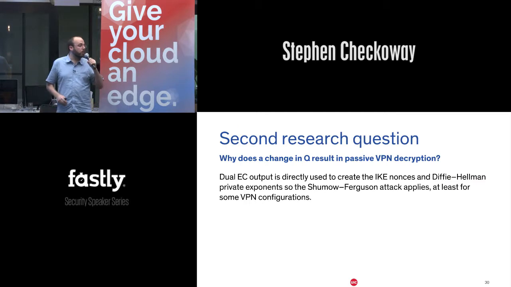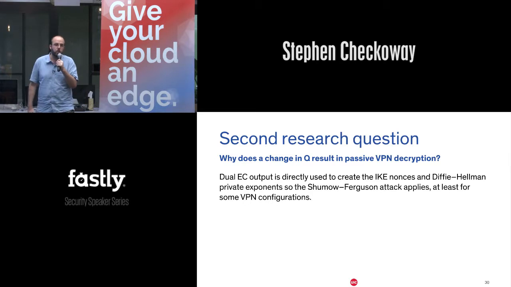OK, so now we can answer the second research question, which is why does a change in Q result in passive VPN decryption? Well, we know dual EC is used directly for the outputs, so we can just run the Shumow-Ferguson attack, and it works, at least for some VPN configurations. So what about the third question? What is the history of the